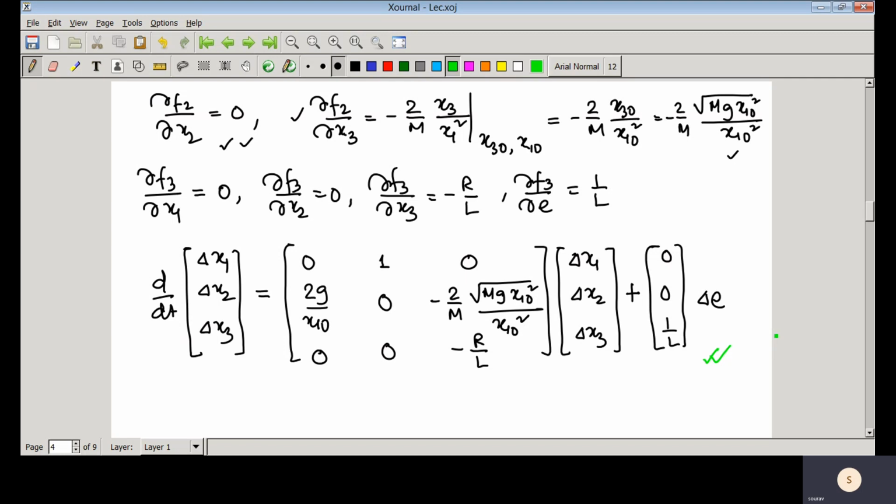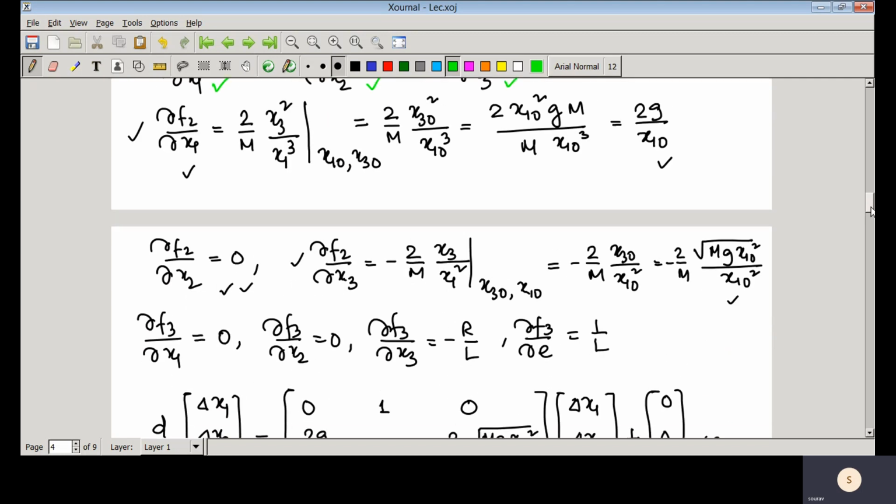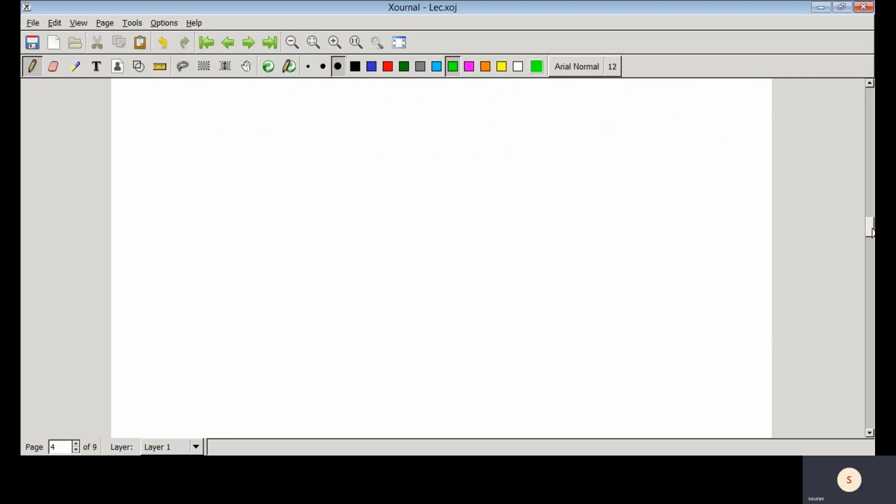So this is one physical system, and let us take one more physical system. Suppose we take a circuit, then how do we get that model, and we'll be applying all the methods that we have learned. So let us take one more example. So suppose we have one circuit here,